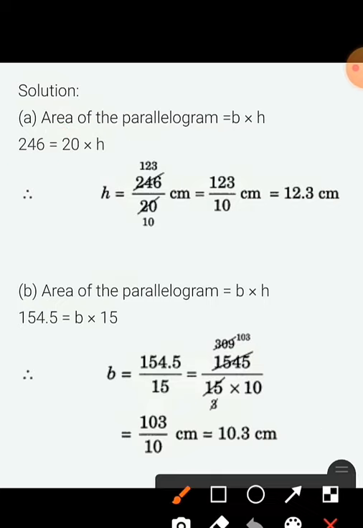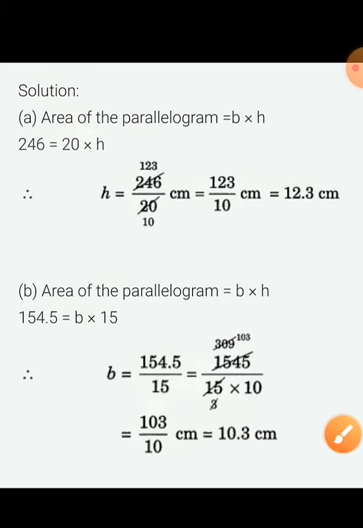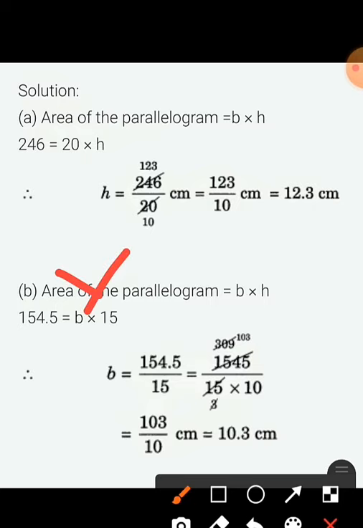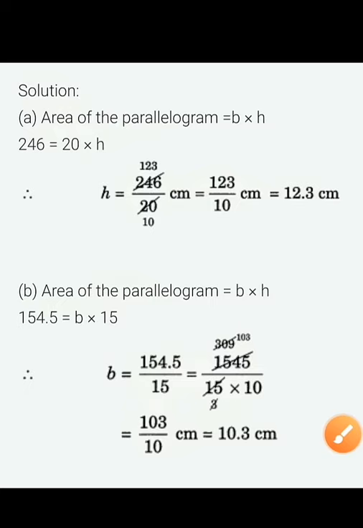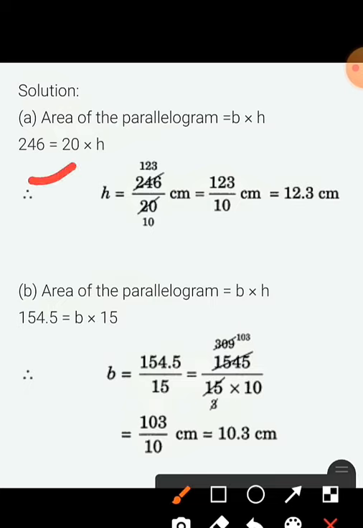Now in next step, this 20 which is in multiplication, we will take it here in the denominator and we will divide it. Applying equation rules, we have done equation chapter, we have seen. So multiplication में जो भी दिया है that we will shift to RHS part. So we will do the reciprocal. अगर multiply दिया है तो हमको divide करना है, और अगर divide में दिया है तो हम क्या करेंगे, multiply. So we are applying equation rules. So ये 20 यहाँ पे आ जाएगा और हम cancellation करेंगे. So this side only h is remaining, that is height. So h equal to 246 upon 20.